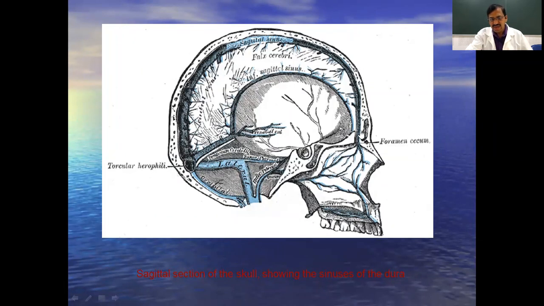And here the anterior end of the falx cerebri is attached anteriorly to a bony projection that is called the crista galli. The crista galli is the bony elevation of the ethmoid bone. On both sides of this bone, there is a cribriform area. We will see later, while discussing the bone, what the cribriform part and the crista galli are. For the time being, just remember that the anterior end of the falx cerebri is attached to the crista galli. These are the attachments, borders, surfaces, and relations of the falx cerebri.